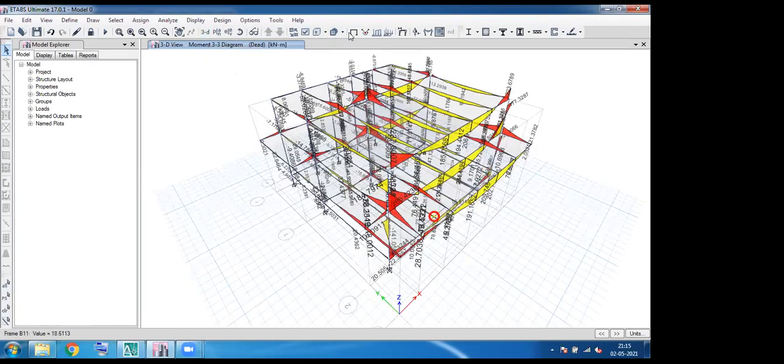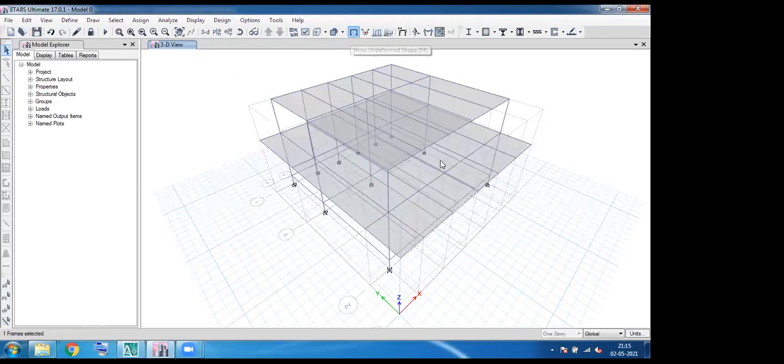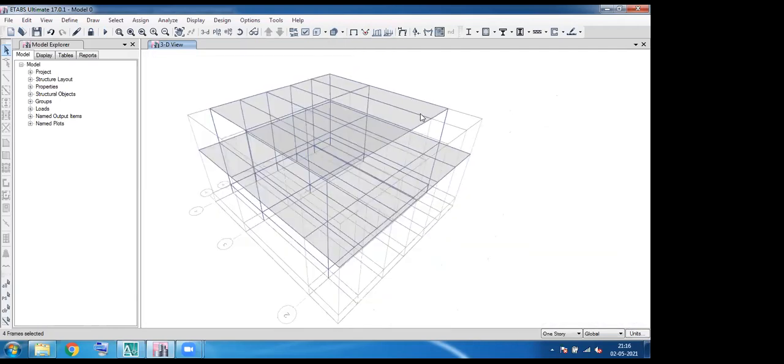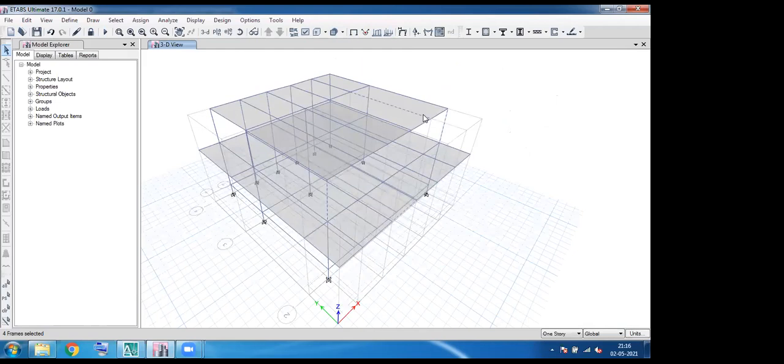Why? Because see, if it is a beam, this is a column, this is a column, it is a single beam. Okay, so both ends are fixed. But here this beam is connected with this beam, right? This secondary beam is connected to the main beam. So ETABS by default will take it as fixed support, but we need to instruct ETABS. We need to give an input. This is not a fixed support. This is a simply supported thing.